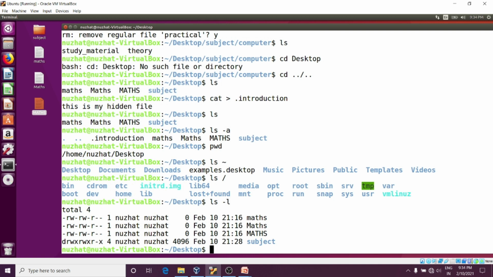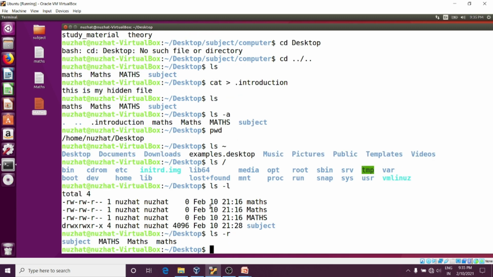To get a long listing of files, we have to go for ls space -l. That will show the file permissions, size and all the things. ls space -r. That is not recursive here in ls. That was recursive with the rm command. Here -r means sort them in reverse order. Compare the output. Here the listing of this file is first, while when we reverse it, we will get this file at the end of the listing.